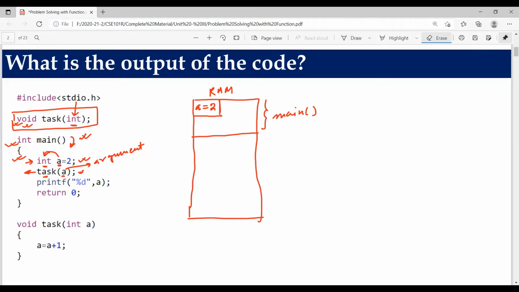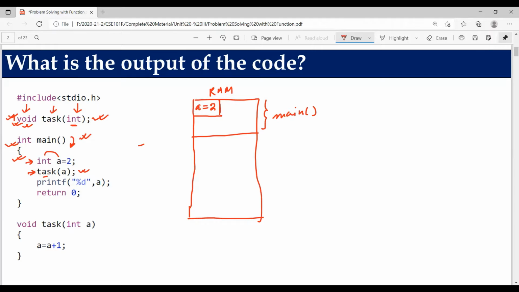The most important point here is that while you call a function, the compiler checks the signature of the function. The signature includes its return type, its name, and the list of parameters along with their types and number of parameters. If the signature matches, the compiler gives you the green signal to call that function. Now from the declaration it is clear that the task function is declared here. Now let's see where it is defined. Normally we declare a function before main, but we put the definition after main. So here is the definition.